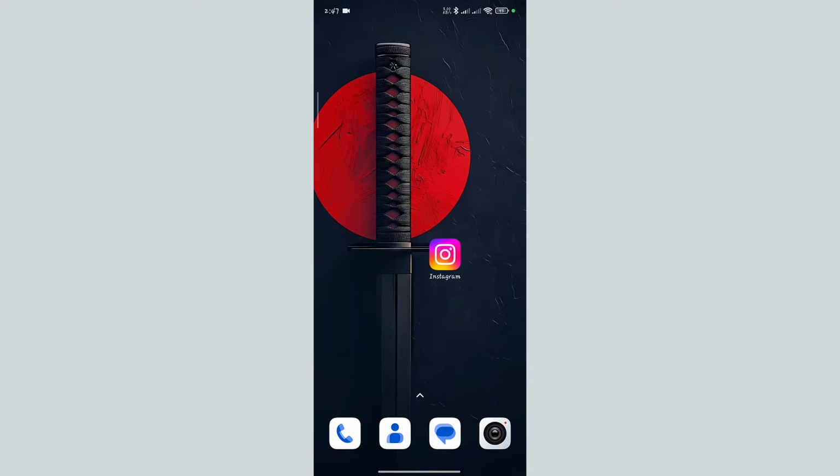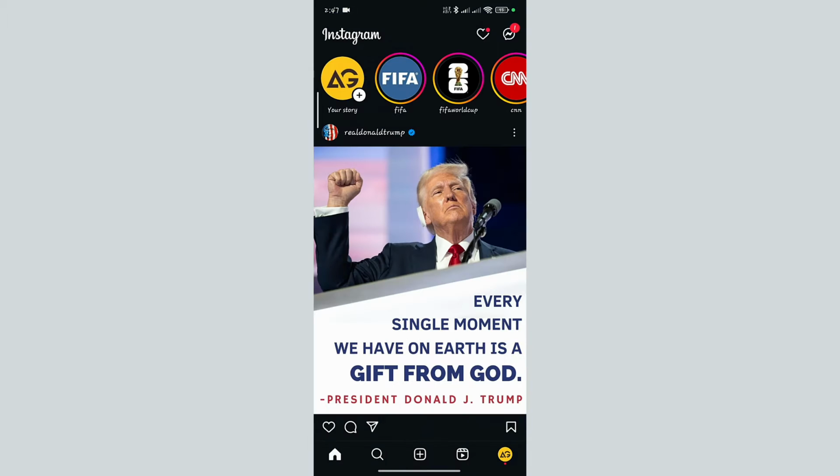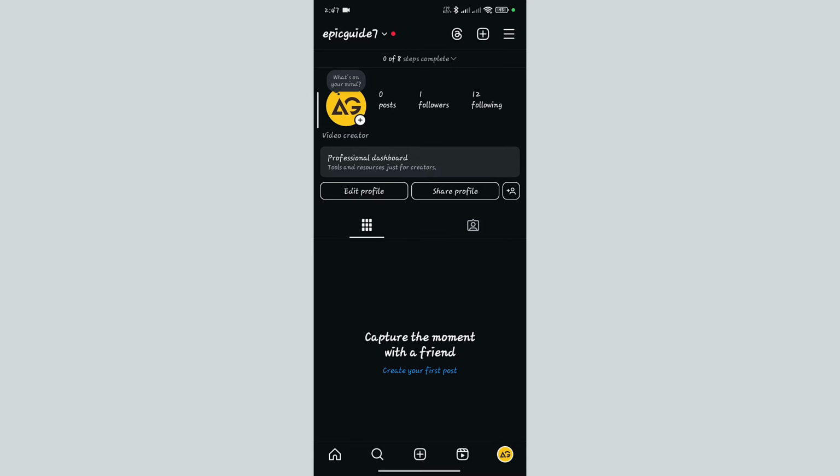In this video, I'm going to show you how to turn off professional mode in the Instagram mobile app. Let's open the Instagram app. In the bottom right corner, tap on the profile icon. Here you can see that a title and a professional dashboard option are available here, which means my account is